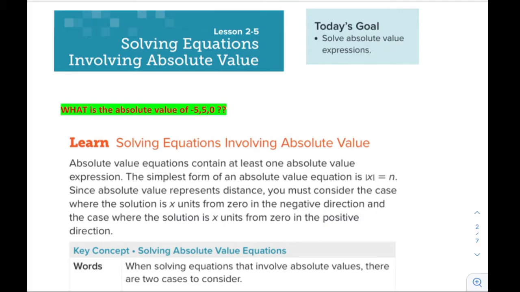First of all, what is the meaning of absolute value? Absolute value includes this term, which means always positive. If you translate it in terms of distance, absolute value represents the distance. So it will be always positive. So if I'm asking about the absolute value of -5, that means what is the distance between